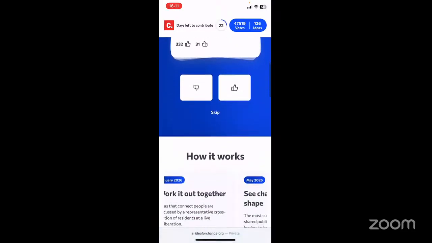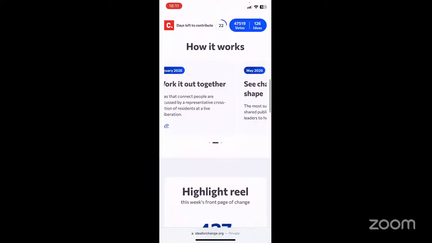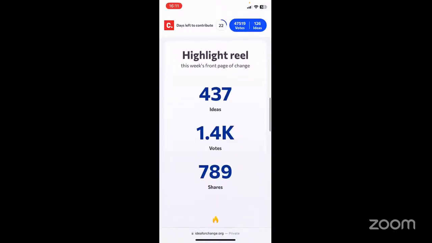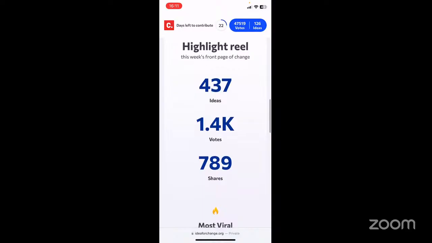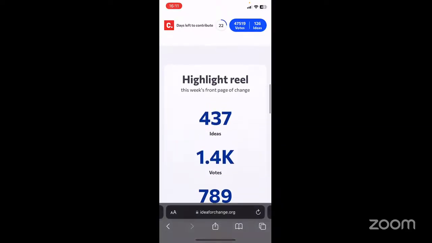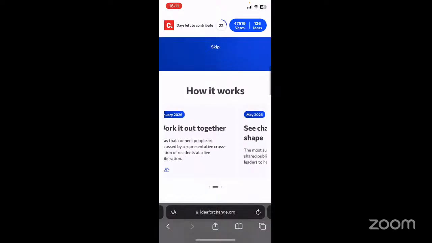Mhm. And then when you're sharing your idea, tell me, who would you share your idea with first? I think I would share it with friends, whoever lives in my city where it would be relevant. Because I think I would be like, look, this is my idea, vote for it. But also if the person lives in the city, I think this would also be cool for them. Like, hey, look, you can submit your idea too.